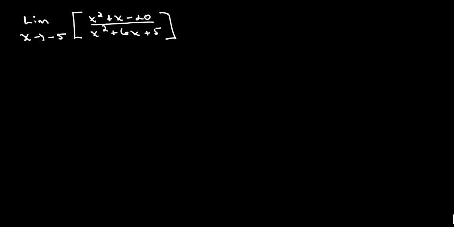Okay, again, when you're taking the limit of a rational function like I have here, what I need to do is first test to see if my numerator and my denominator are, one, both continuous, and two, is my denominator equal to 0 at the x value that I'm evaluating the limit at. So I'm going to take a look at the top. So I'm going to ask, is x squared plus x minus 20, call that f of x, is